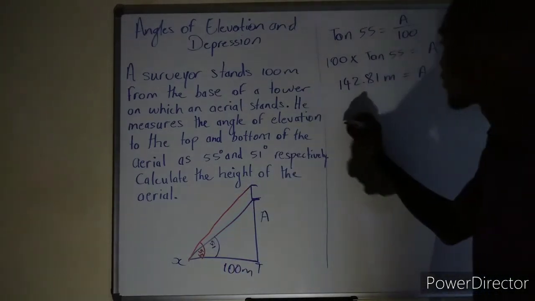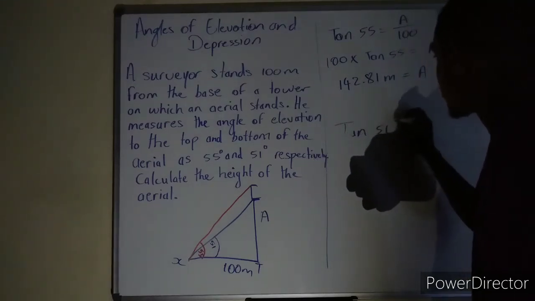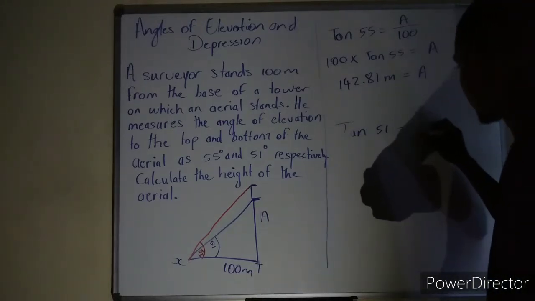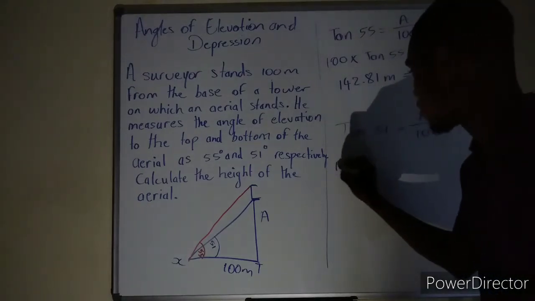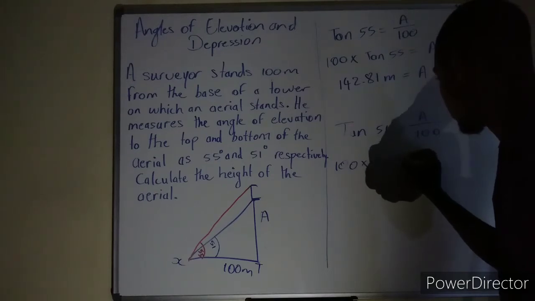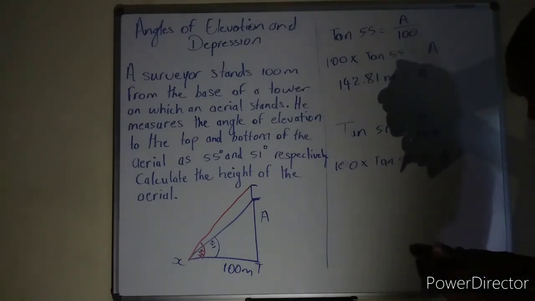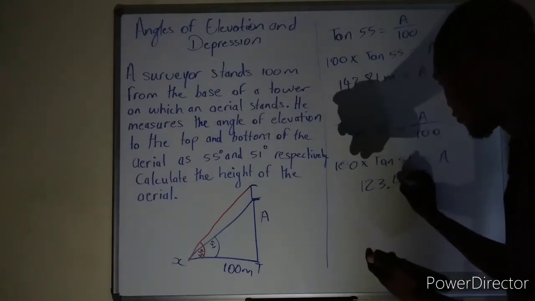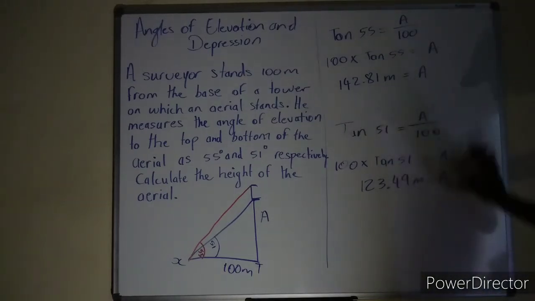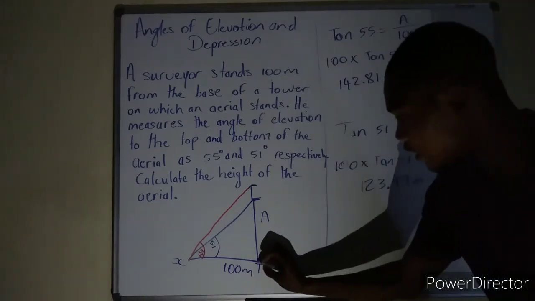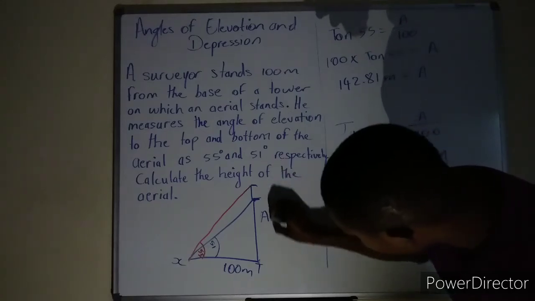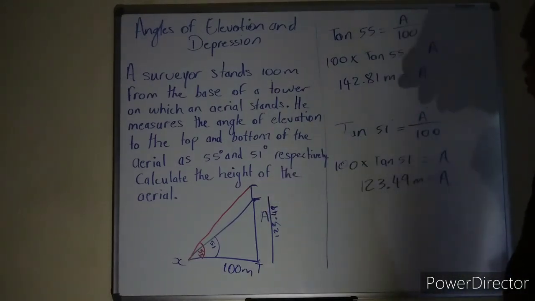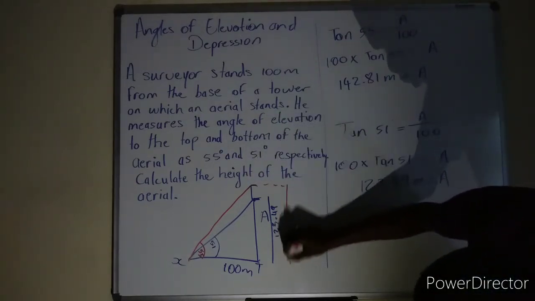Now you need to find the second one. So tan 51 degrees is equal to the opposite side, which is A again, over the adjacent side, which is 100 meters. So we have 100 multiplied by tan 51 is equal to our value of A. So let's calculate that now. So tan 51 times 100 gives you 123.49 meters. So this tan here gives you the value from the T here to the bottom here. So you're basically saying that from here, this part is 123.49 meters. And then now, based on the calculation, from here to where T is